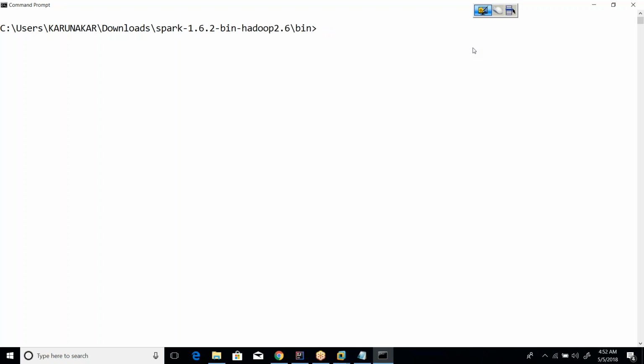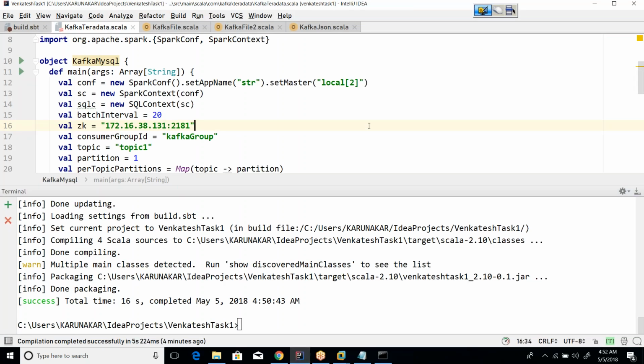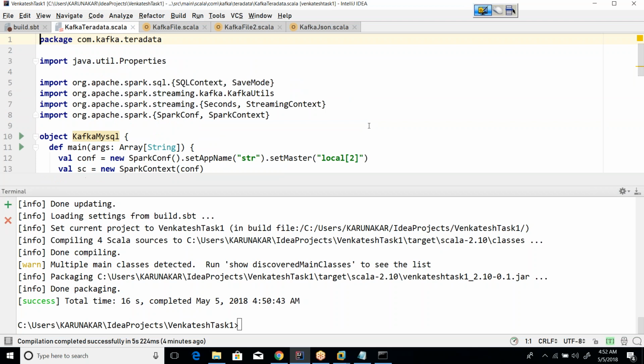What is the script that we use for submitting a Spark application in real time? The script is spark-submit, and these are the parameters we need to pass, the class. So coming to the class, what is the package name here? The package name is